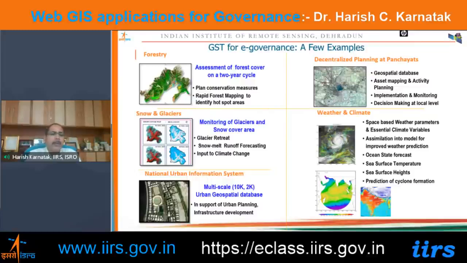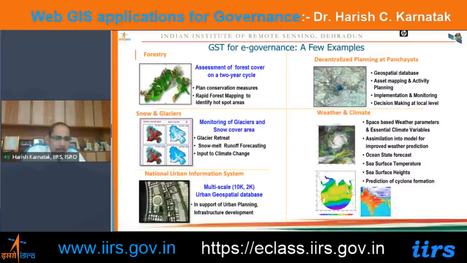In the forestry sector, as I told you, is the assessment of forest cover on a 2-year cycle. You must know that the Forest Survey of India generates the forest type map of India every second year, and these data sets are available through their geoportals on the FSI website. You can access these maps as an atlas and download it as a PDF, but at the same time you can also access it as a digital atlas or WebGIS application. You can browse this map, query it, make a plan here, and also do change detection. Suppose you want to understand how the forest cover is changing in a particular area. You can keep 2 time period data in the geoportals, use the swiping tool, and then you can see the changes in the maps.